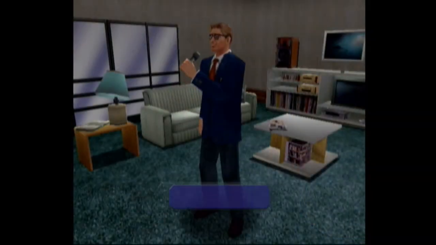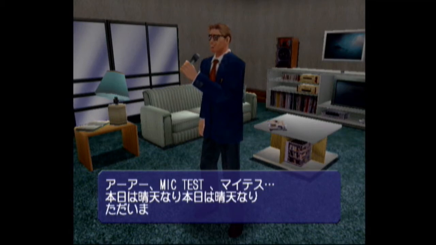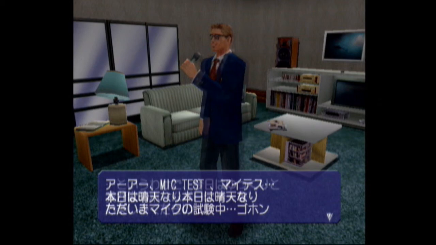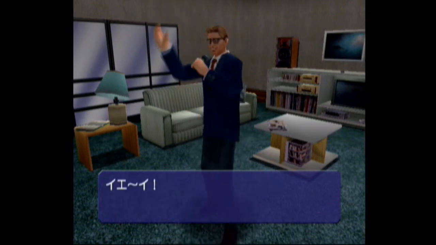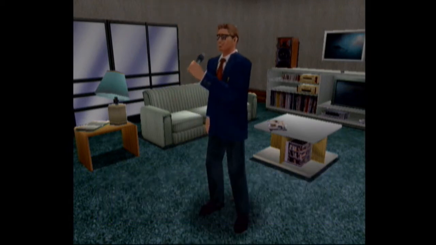Next up we have Sega's Rent a Hero. So finally, some of that charming Dreamcast 3D graphics here, and this is just hysterical. I guess it's your dad having a house party here for, I don't know, people from work or something like that. So he has a microphone in his living room and is announcing to everybody that this